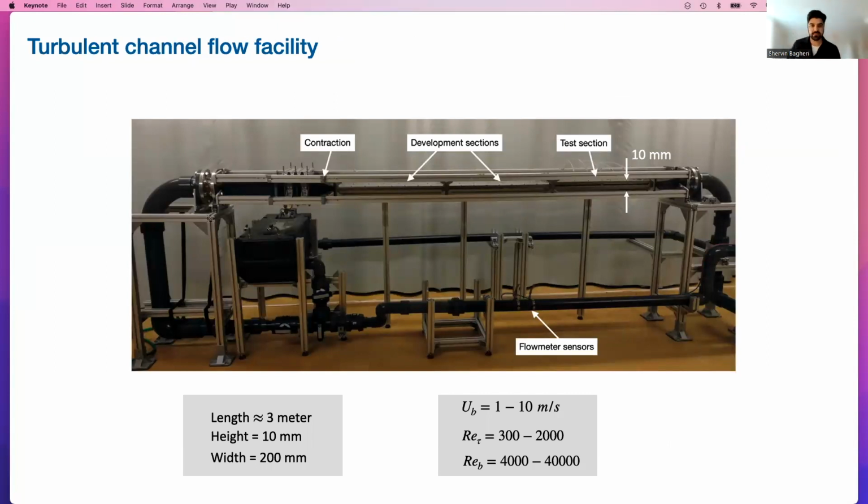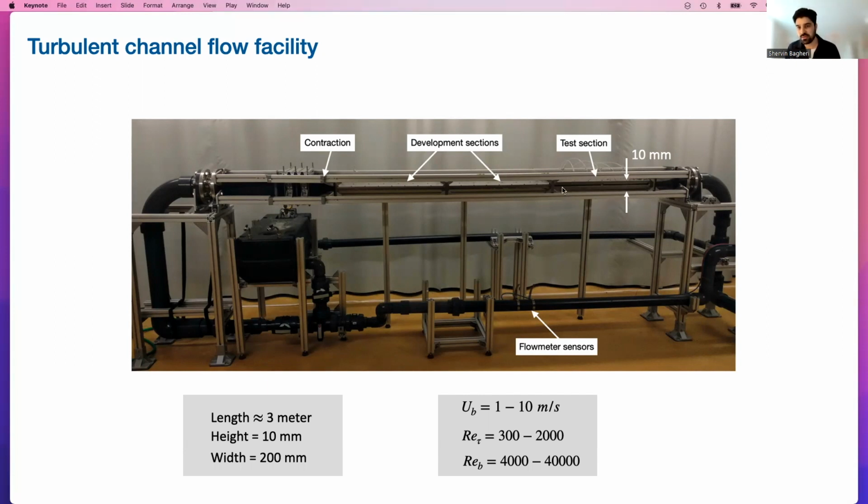So we were fascinated by this, and we wanted to try this out. We said, let's do it on a bigger scale. So we used our water channel at KTH, which looks like this. This water channel is 3 meters long. It's a bit of a strange water channel. It's very long, but it's only 10 millimeters in height. So you have two walls that are 10 millimeters apart, but 3 meters long. So we can create a turbulent water flow, and at this test section downstream, we can